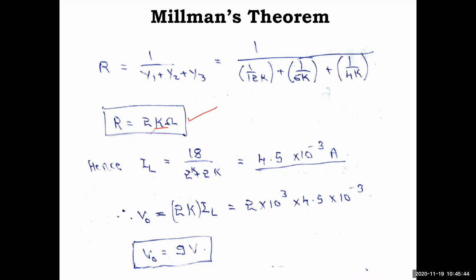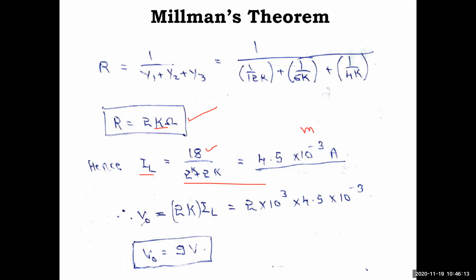So now you substitute that in the formula. Apply the KVL, you will get the same. E equal to 2 resistance into current. So current is nothing but the voltage value divided by 2 resistors in series, so they are added. 2 plus 2 is 4, 18 by 4 is 4.5. Since kilo is there, here you have to write milliamps or 10 to the power minus 3 amps. So you should be careful.